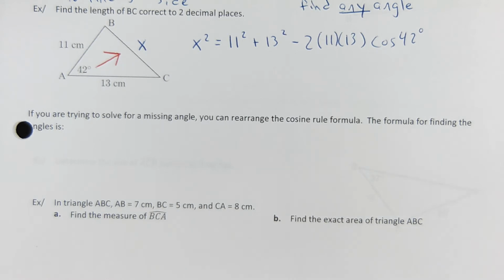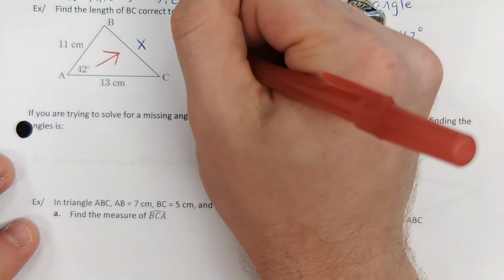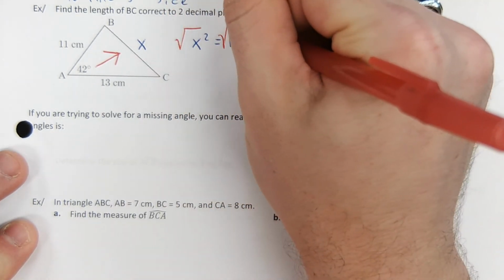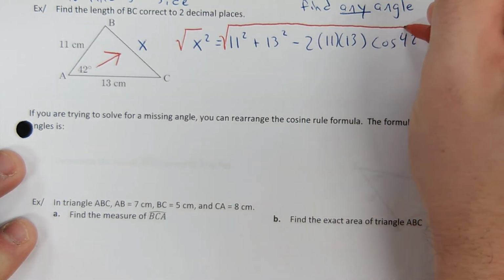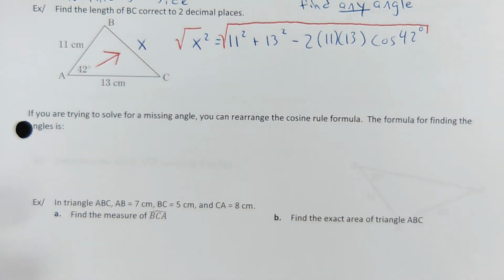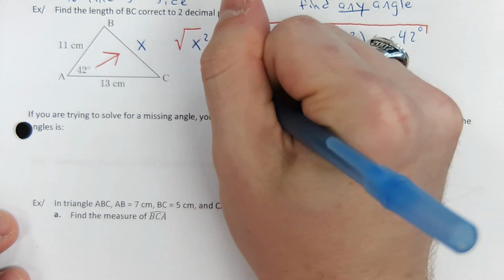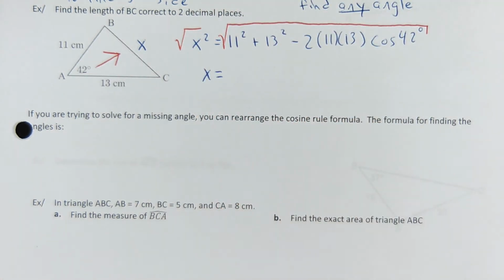And we're trying to solve for x, so how would we get x by itself? Yeah, so obviously you would just do the square root of both sides. And I'm not trying to write all that. What you're going to end up with is x equals, and if you use your graphing calculator,